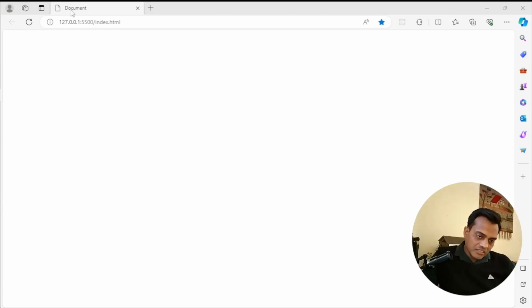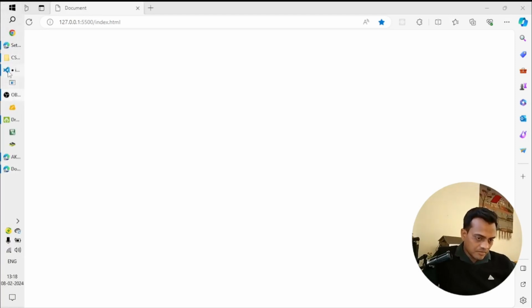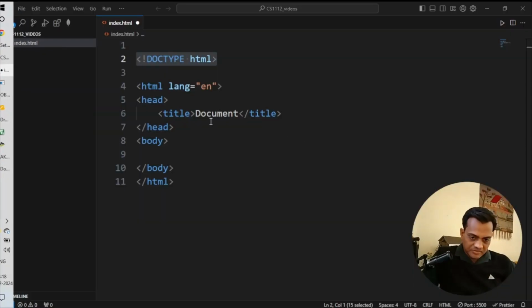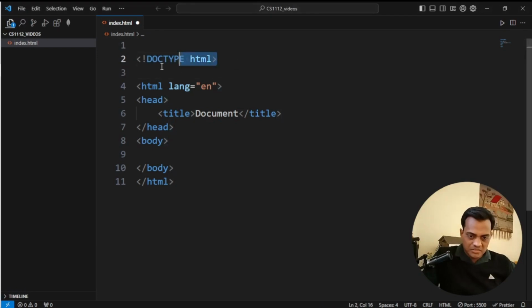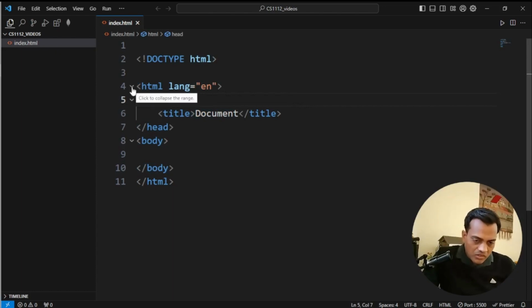So here we are getting the document as a title. Now I will change this to the doctype HTML. It is representing that the below document is of the HTML type. Okay, then HTML, if you click here on line number 4,